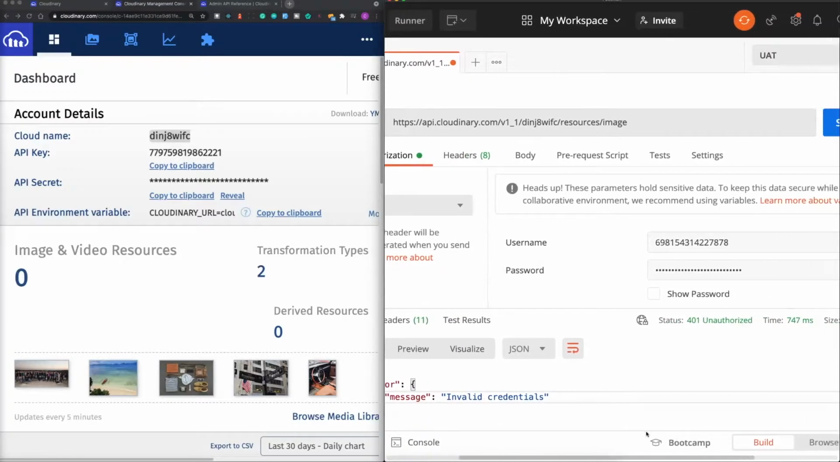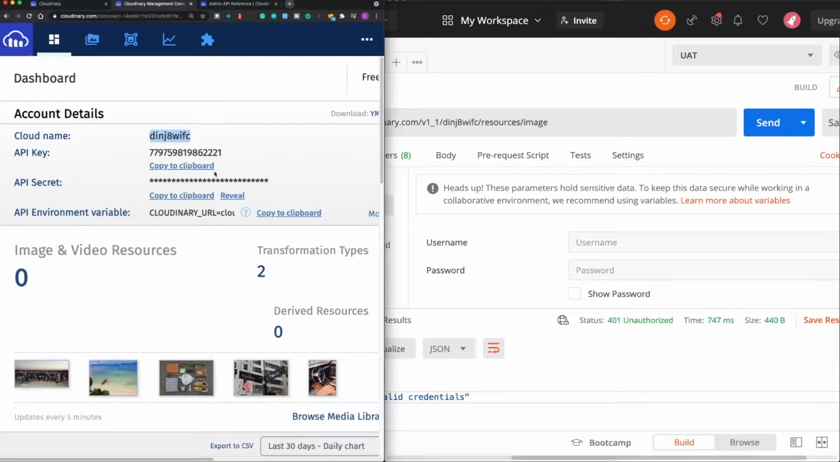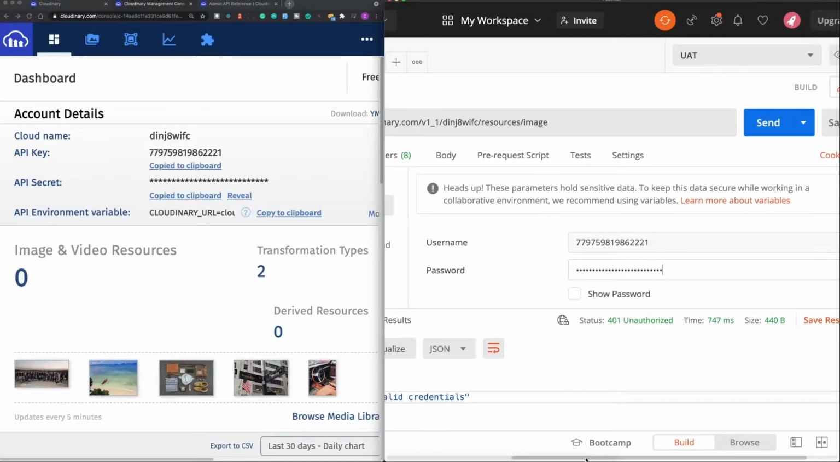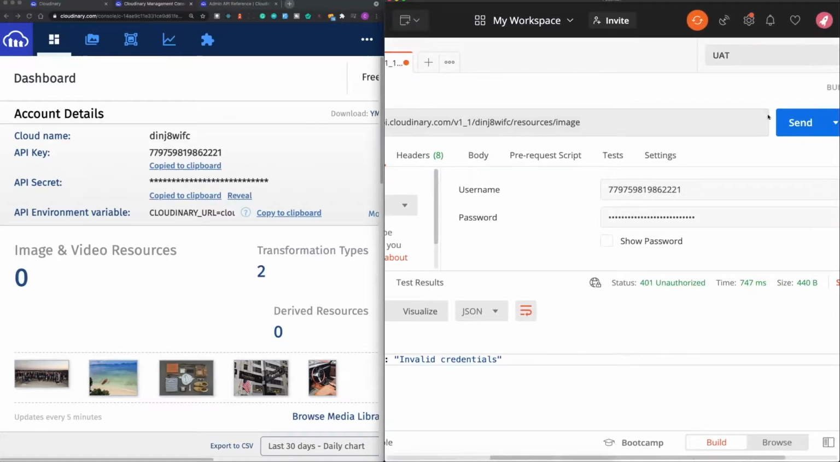Now on the right hand side, you'll see a place to put in your username and password. So I have some old stuff in here which I'll just delete, and what we want to do is copy the API key, paste it in as the username, and you want to take the API secret and copy it, paste it in as the password. Okay, and okay, so now if we try this again and click send,